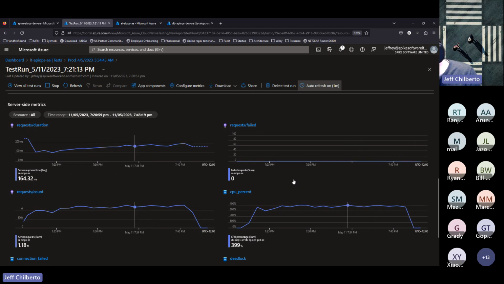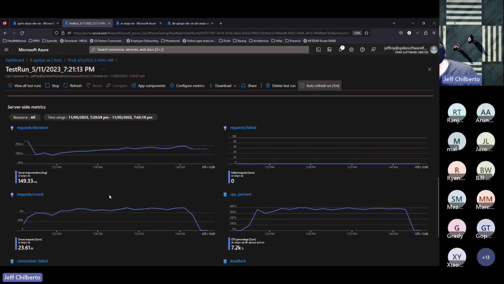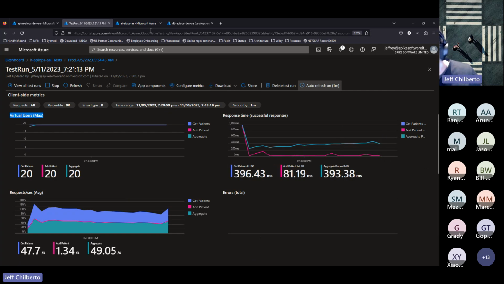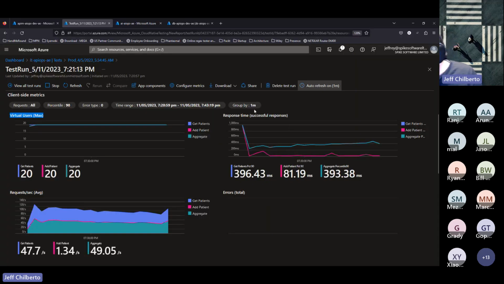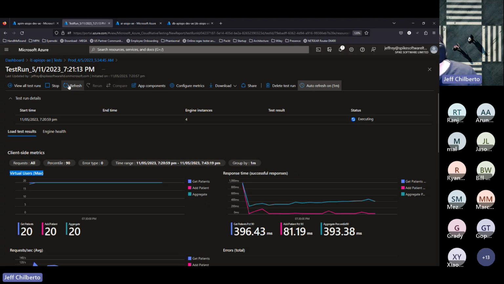And again, no failures. So let's see, has that deployment completed? If we pop back to the pipeline, yep. So it's pushed the changes. And like I said, what I've seen sometimes is an impact to performance, but in this case, it was nice and smooth. So I'm really excited about this because it's one step towards zero downtime deployment, which I think APIM